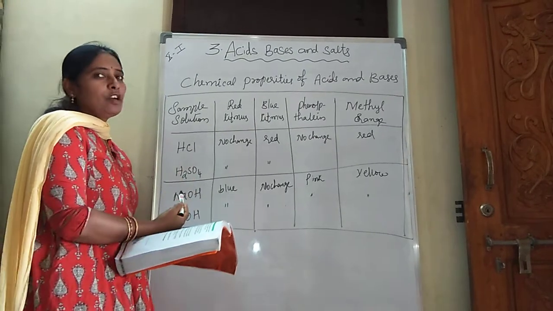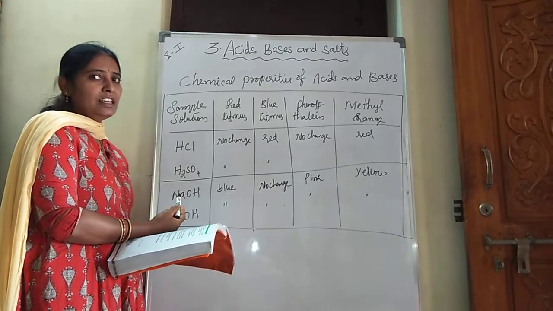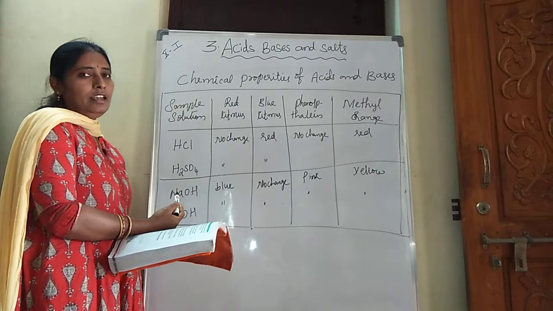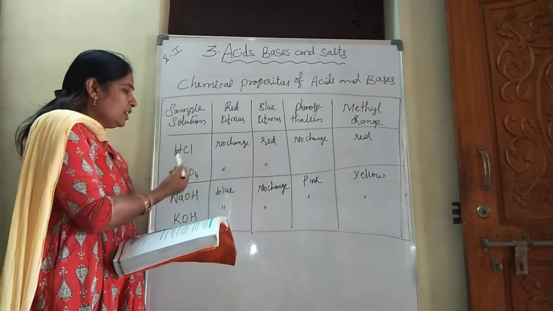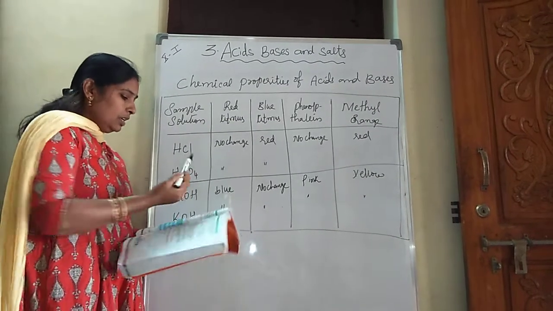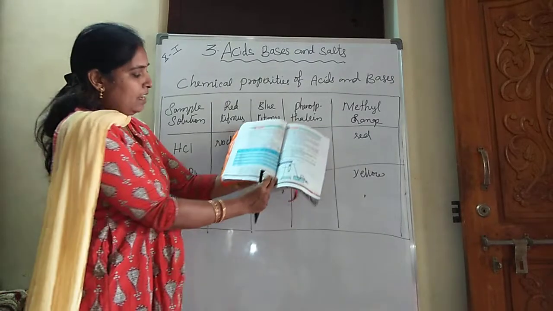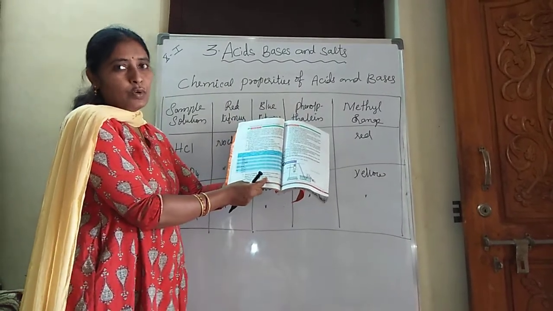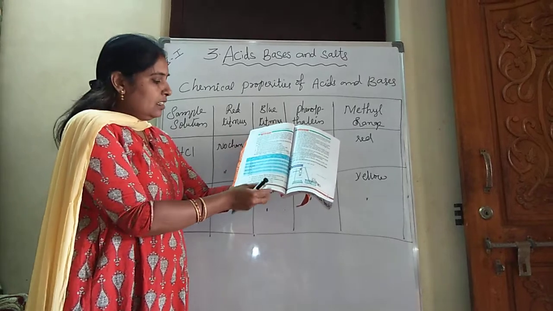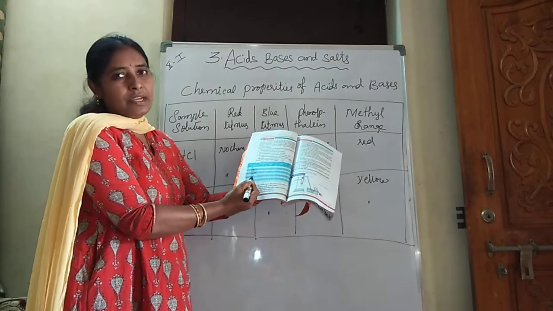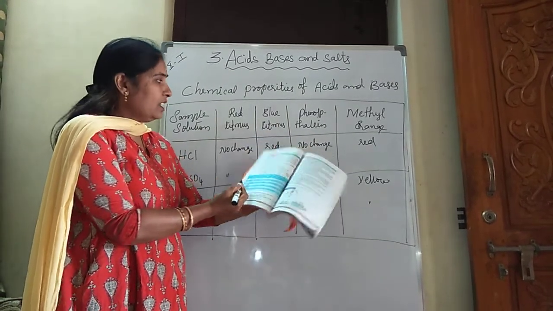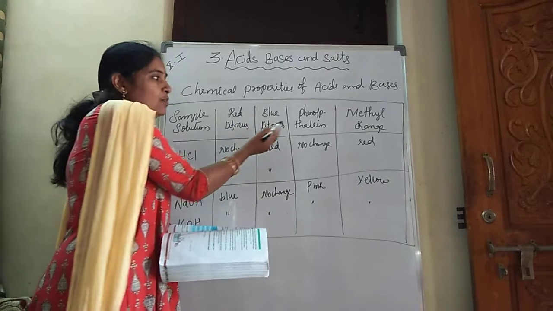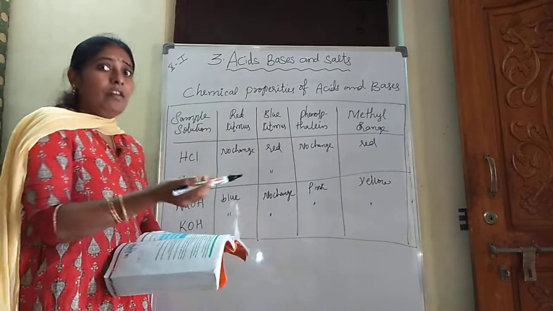So this is the first chemical property: to test whether a substance is an acid or a base by using indicators. Here are the 4 samples I took. It is given in your textbook, table 1. He took 9 samples, and the remaining students, please complete it, and you know that OH indicates they are basic substances. In basic medium, how blue litmus, red litmus, phenolphthalein and methyl orange change, I already explained to you.